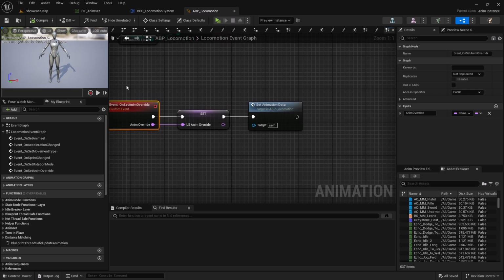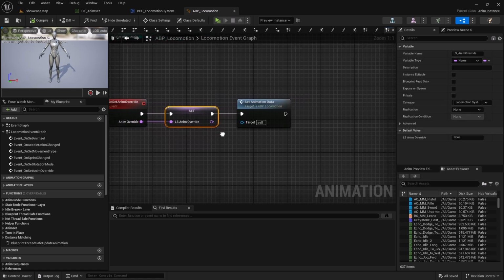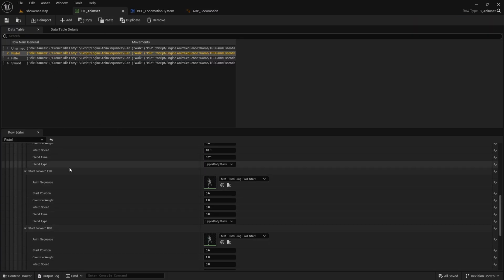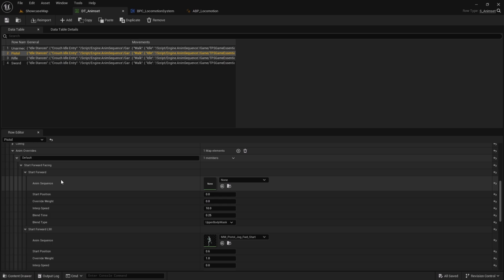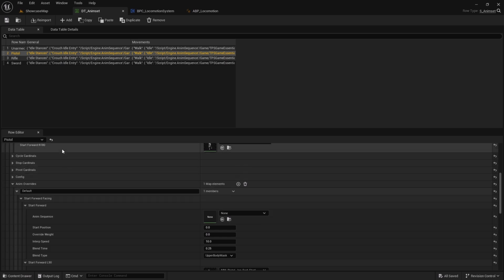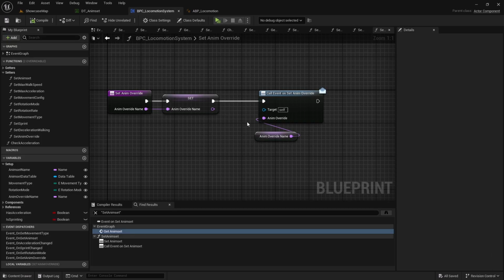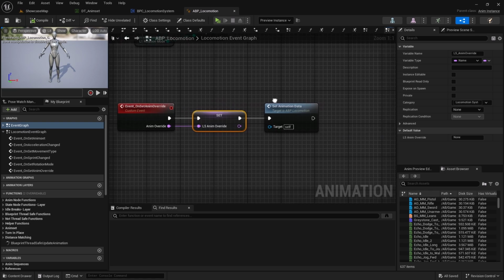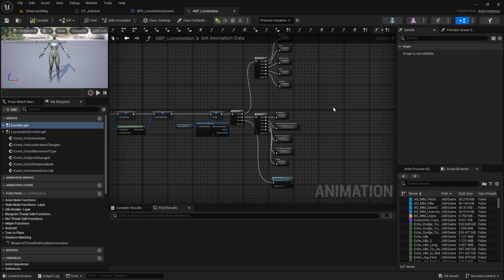So currently it's being triggered properly and it's instantiating this specific variable, but it still doesn't have the capability to extract the data out of this data table, right? So today let's see how we can do that. Okay, so inside ABP locomotion, at the set animation data,